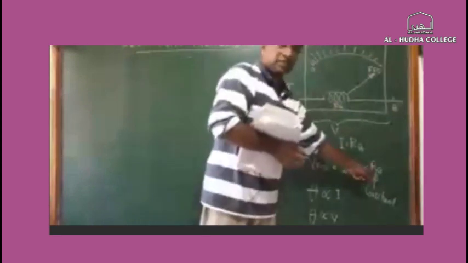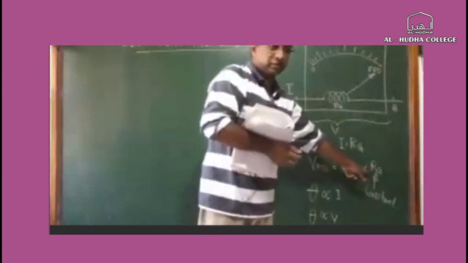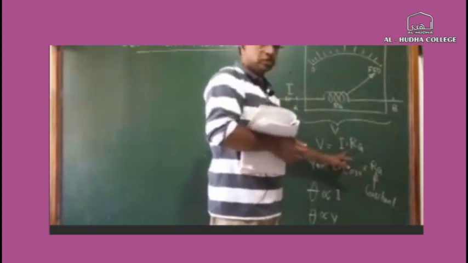So that means a galvanometer can be used as a voltmeter as well as an ammeter. It can be used to measure a current or a voltage, right? Both are the same because the only thing that is controlling is Rg and Rg is constant, right? So if it is proportional to I, it is also proportional to V. Therefore, a galvanometer can be used to measure voltage and current, right?